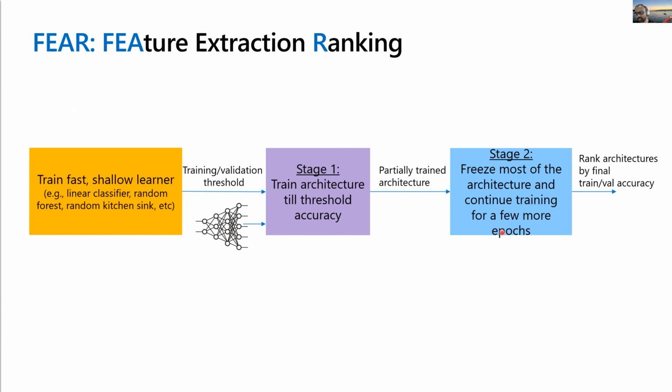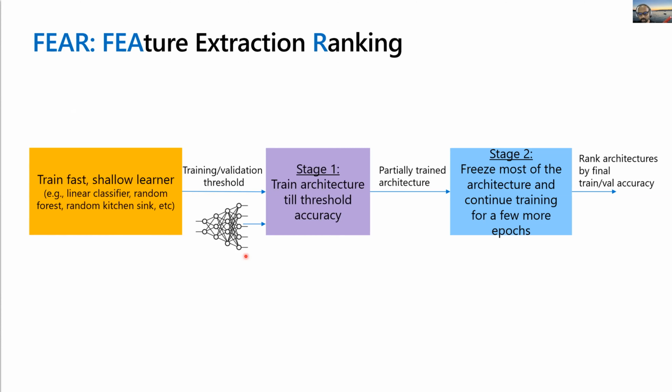Now what you do in stage 2 is you freeze most of the architecture, and you just continue to train. In our particular experiments that we will show, we freeze around 75% of the layers, which roughly amounts to around 55% of the parameters, and we train the last few layers for a few more epochs, usually 5 or 10. And this doesn't take much time. This is like 10 seconds per epoch on CIFAR 10 on a V100, or 15 seconds.